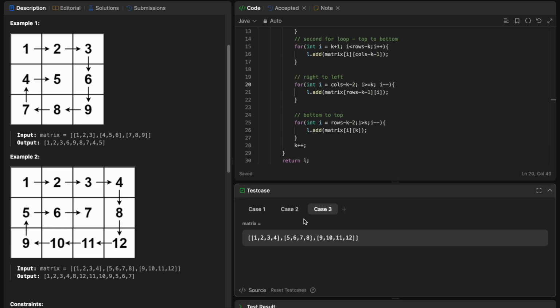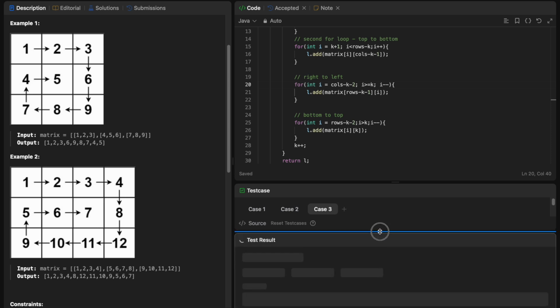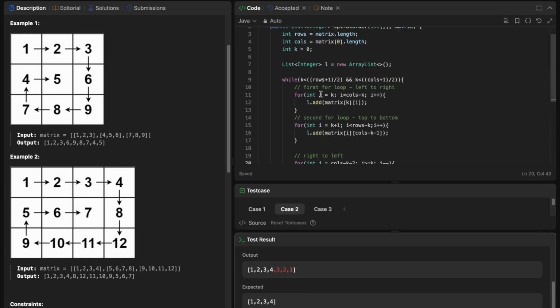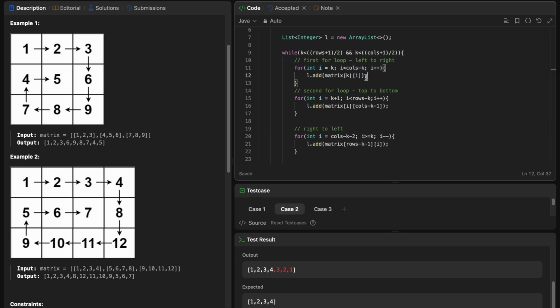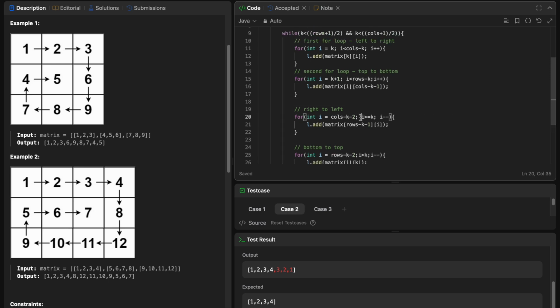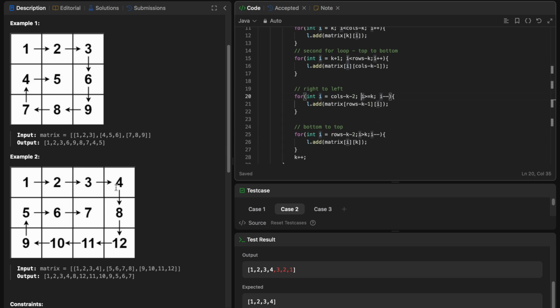Here, if we only have one row and we try to print it, it won't know where to stop. It will run the first for loop, go from left to right, and print 1 2 3 4. Then it has nowhere to go down, so fine, but right to left it does have somewhere to go. So after 1 2 3 4 it will again go 3 2 1, and we don't want that. We want to make sure that there are rows beneath, to be printed.